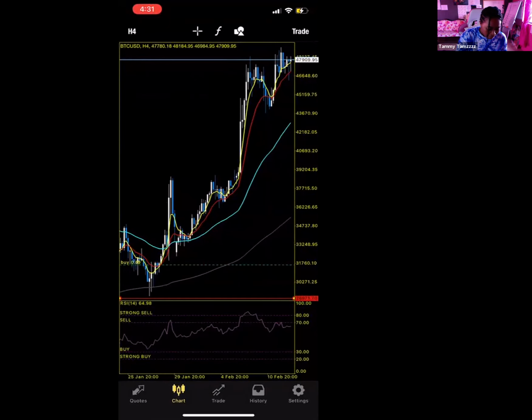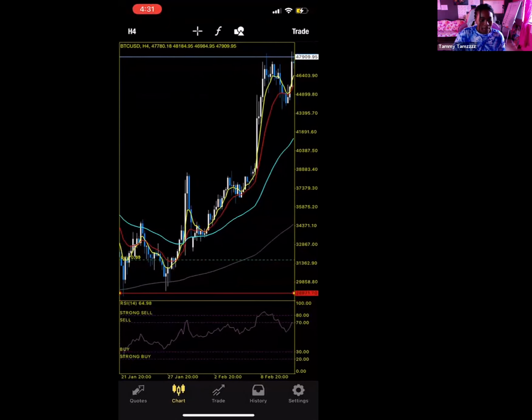Look, price shot up, it came back down, and then it started to go up and create a new high. So I want to move my stop loss right here at this lower high, because when the market is trending,